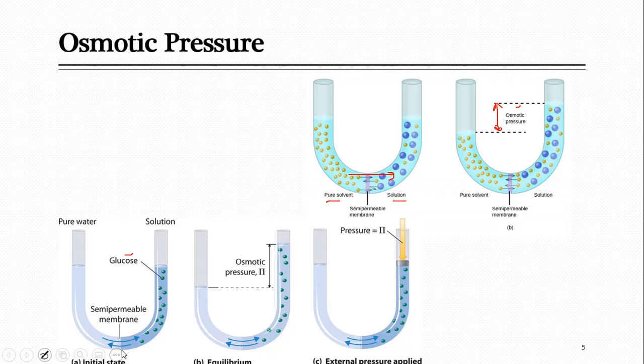So there is a semi permeable membrane, and through this membrane, as he has shown and I have told you, this water can flow to both sides. But what do you think, on which side will water move in larger amounts? Definitely on the side where there are more salts or glucose present. So if you allow it to reach equilibrium, after equilibrium you see that there is a difference in